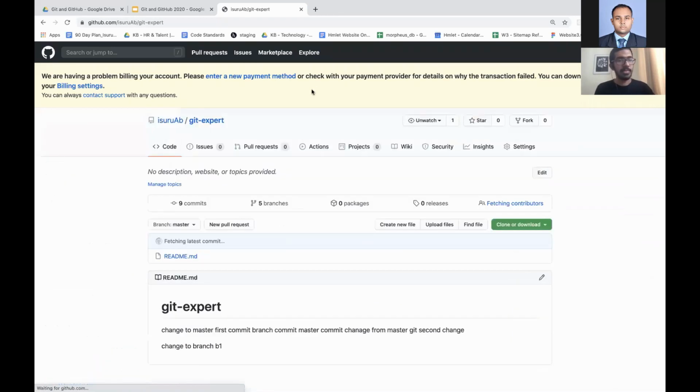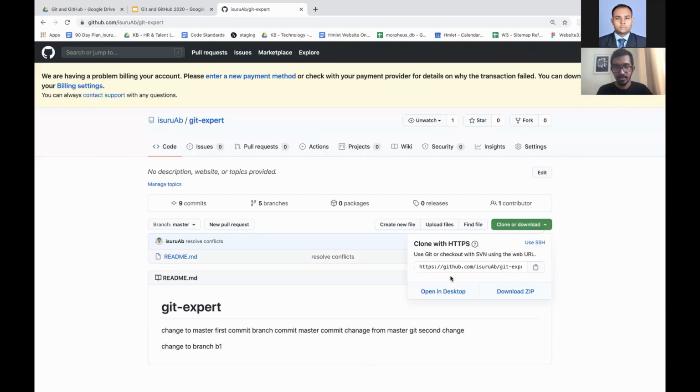I'm going to clone this repository. When we are getting a repository for the first time to our local, we use git clone. We have a green button here. You can copy this link. I will copy this link and go to my